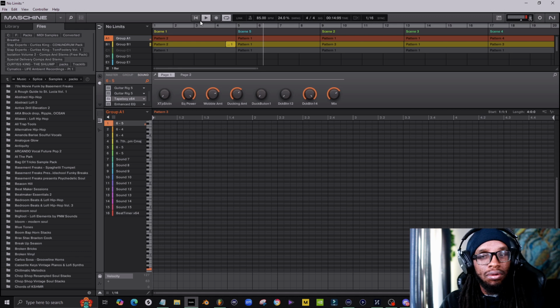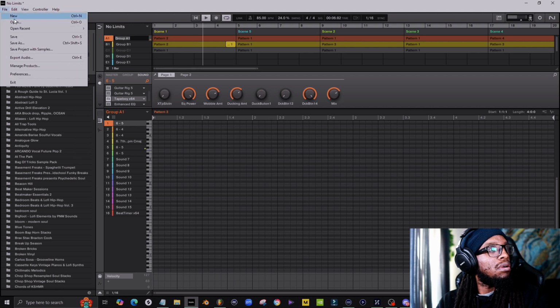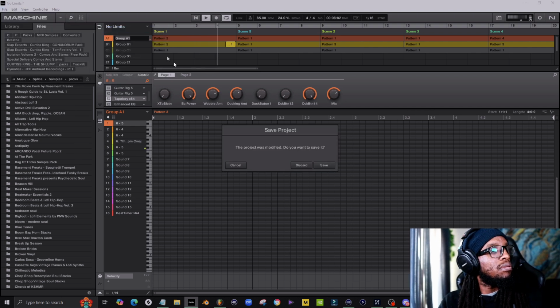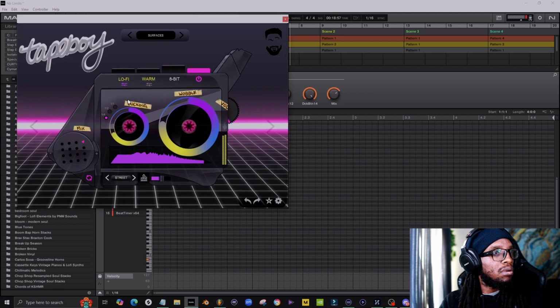Now, let's go over to Maschine and let's see how this plays out in Maschine the same way. Because with Maschine, you have a little bit more options that you can do. And because you have the pads, you can chop up those same samples that your friends have sent you with your collaborations.